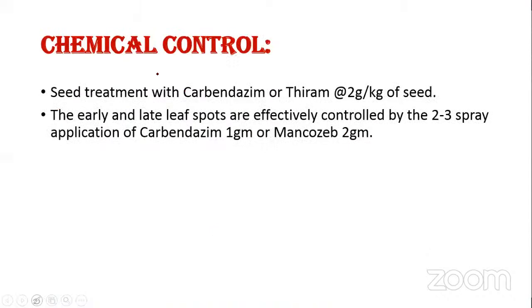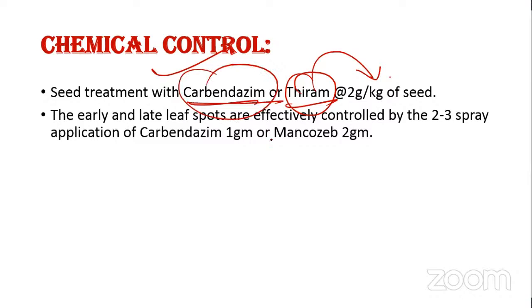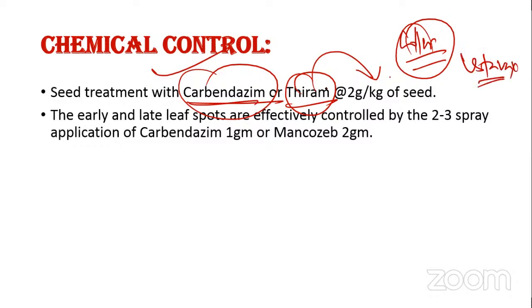Okay. Then chemical control: carbendazim or thiram. Thiram we usually use for seed treatment, and even carbendazim can be used for seed treatment, with respect to collar rot, or what you can call Sclerotium rot. For Sclerotium rot, you should apply Vitavax Power, that is nothing but carboxin plus thiram. That will give effective control against collar rot,